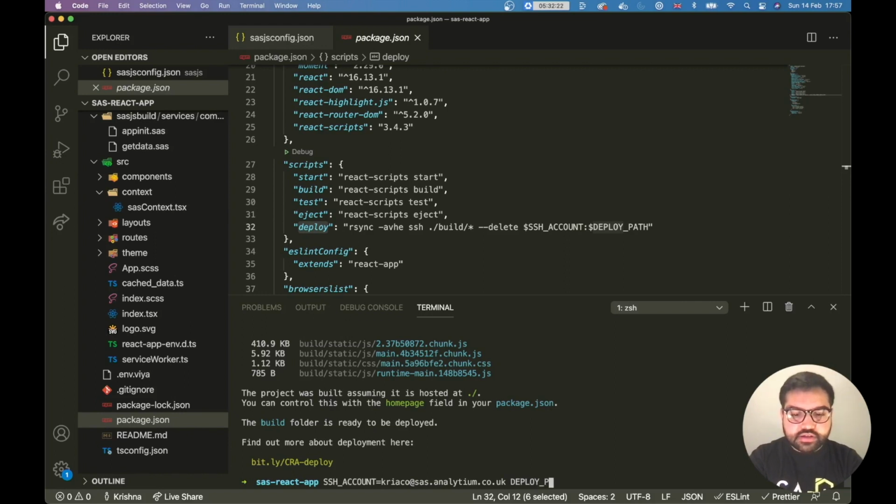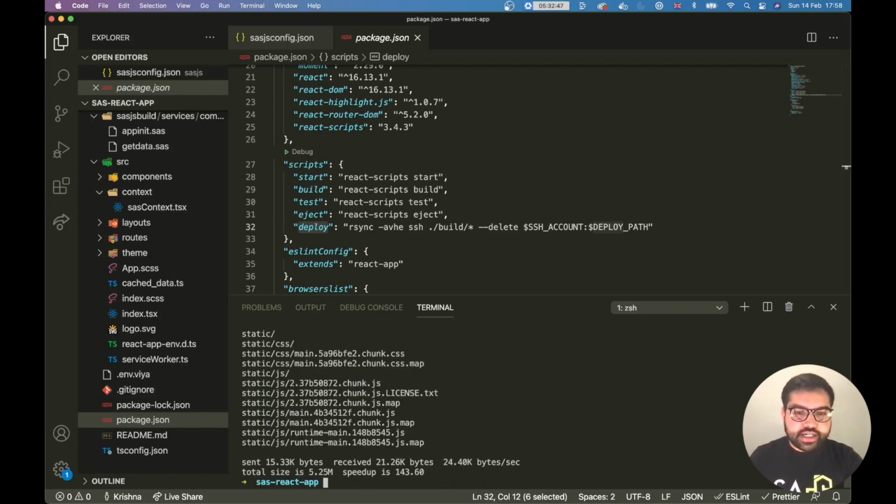Deploy path is a path on the server. So I'll call it SaaS GF React app and then say npm run deploy.